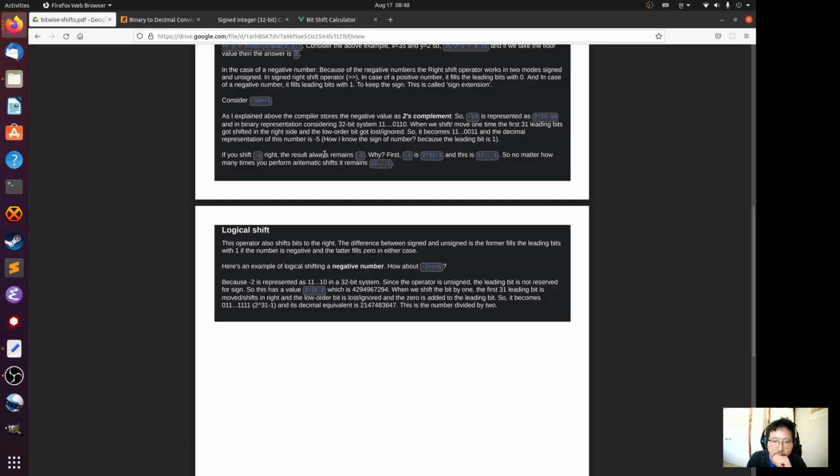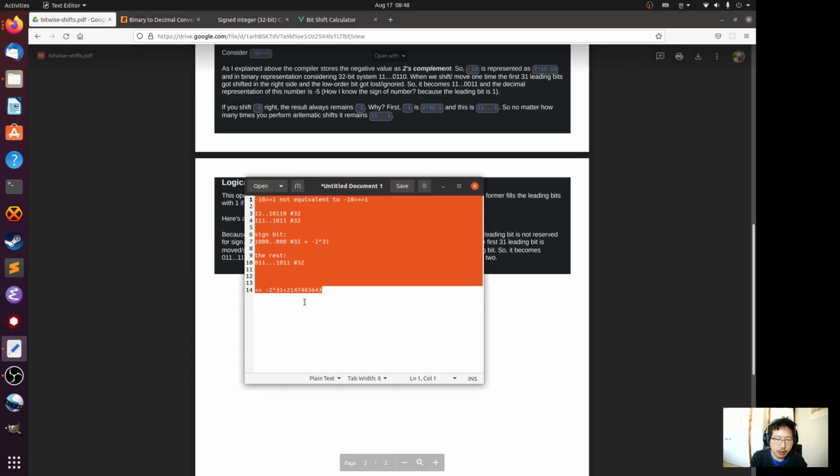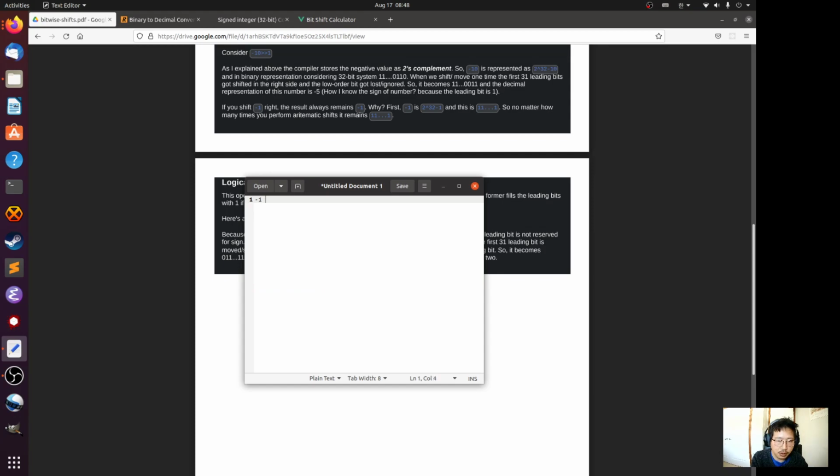Okay, and it says here, if you shift minus 1 right by any amount, the result is always minus 1. Okay, why? Let's see why. So minus 1 is equal to, by that formula, 2 to the power of 32 minus 1. And I told you this is equal to all the bits filled by 1. And so if you visualize, if you right shift this by any amount,